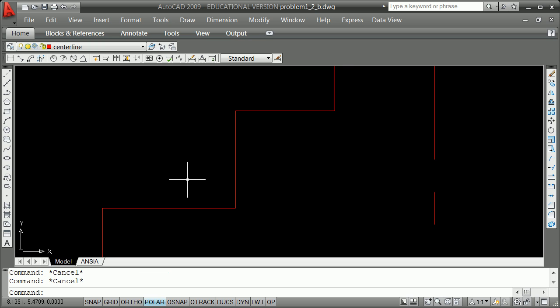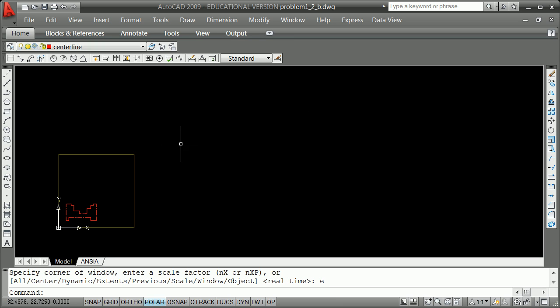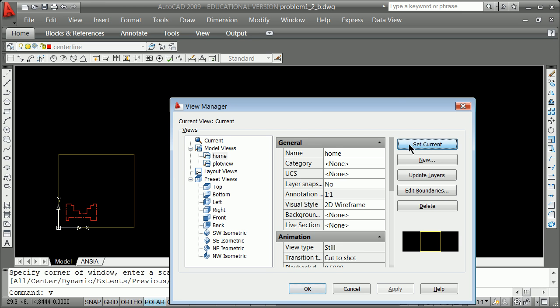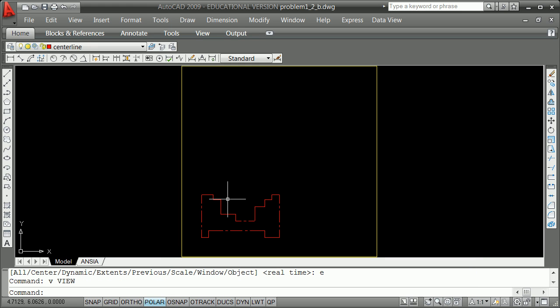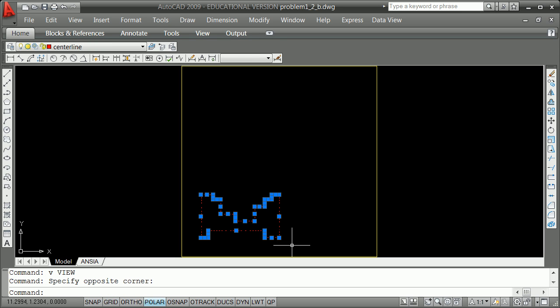Escape, escape, escape, Z space, E space, takes you to there. Or in fact, if you had gotten very lost, I'm holding the shift key, remember wheeling in and out. You also could do V for view, and then click on home, set current, okay, and it would jump back to where I am. Let's not forget to start using these tools by grabbing, changing the layer to object, and